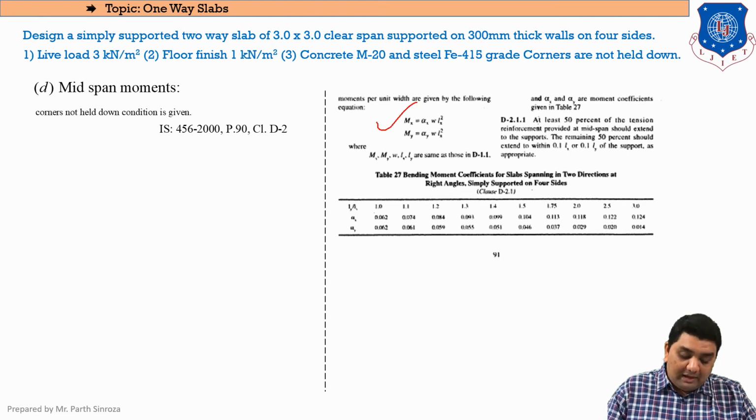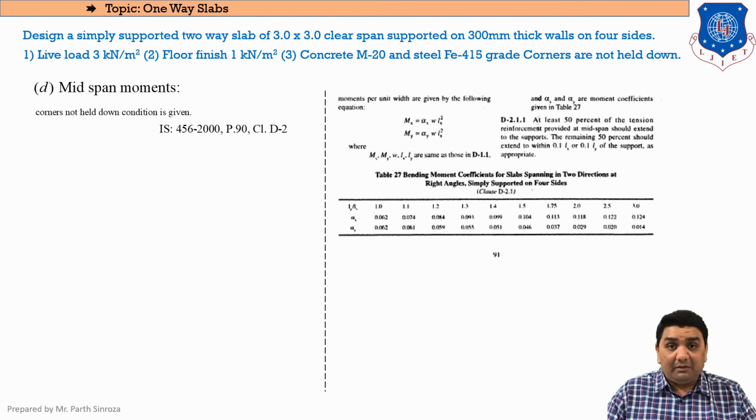And as you can see here, the Mx and My equations are being prescribed. Mx, that is moment in x direction, and My, that is moment in y direction. Now in the case of two-way slabs, bending will be generated in both the directions, which was not present in one-way slab. So here in two-way slabs, we will always be calculating moment in both the directions, that is x and y. And it is given in the equation that Mx equals alpha x W Lx square. W, that is our load, Lx, that is our effective span in x direction, and My equals alpha y W Lx square. Now keep in mind, this is not a printing mistake.